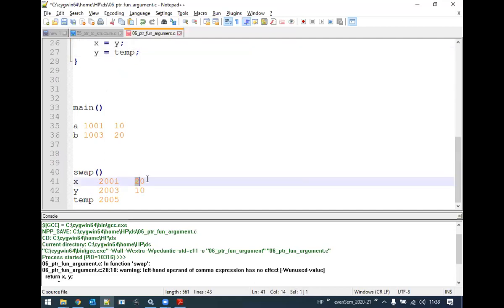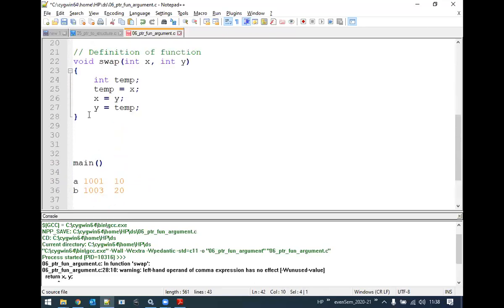Pay attention, these 20 and 10 are getting updated with respect to which memory blocks? 2001 and 2003.